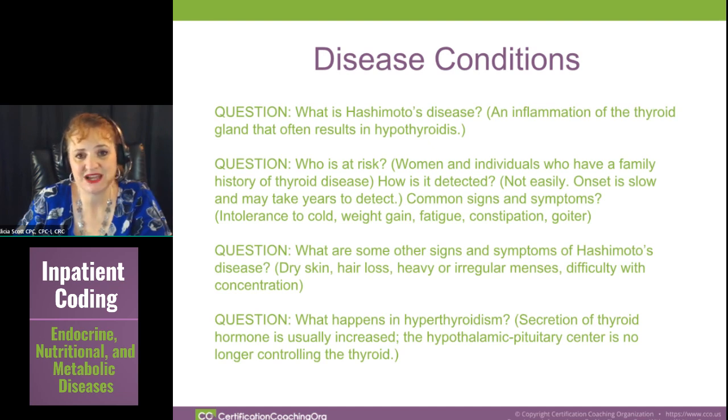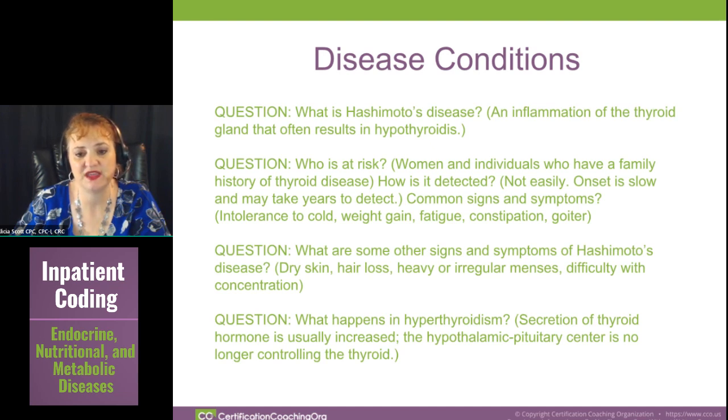It's not always detected earlier. It's not the first thing that you look at because it's a slow onset and it takes a long time to develop, but be aware of the signs and symptoms. Other signs and symptoms listed here for Hashimoto's: dry skin, hair loss, heavy and irregular menses, and difficulty with concentration. Then hyperthyroidism, you're getting too much of the thyroid hormone,